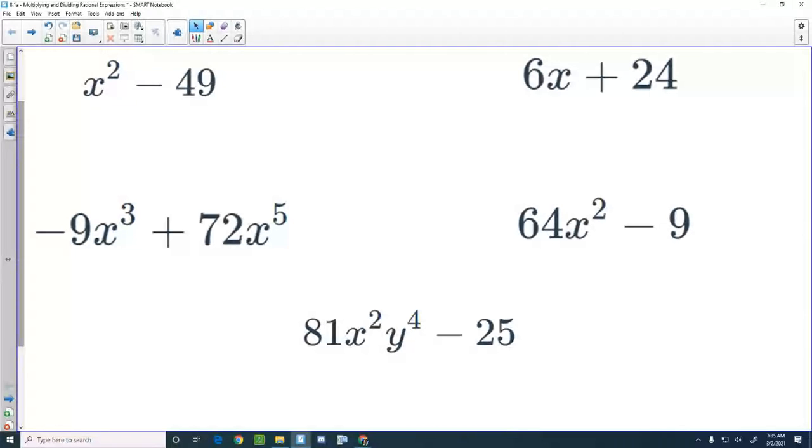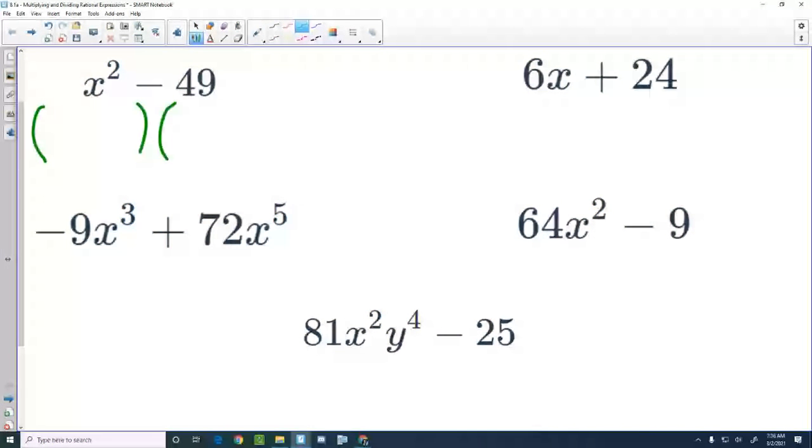And it turns out that this is a special case called the difference of squares, because x squared is a perfect square, meaning I could take the square root of it pretty nicely. And 49 is also a perfect square, right? We can take the square root of 49 very nicely and get a single integer. And it has to be subtraction. That's why it's called the difference of squares, because the word difference means to subtract. So when you see that there's subtraction between 2 perfect squares, you can always factor it